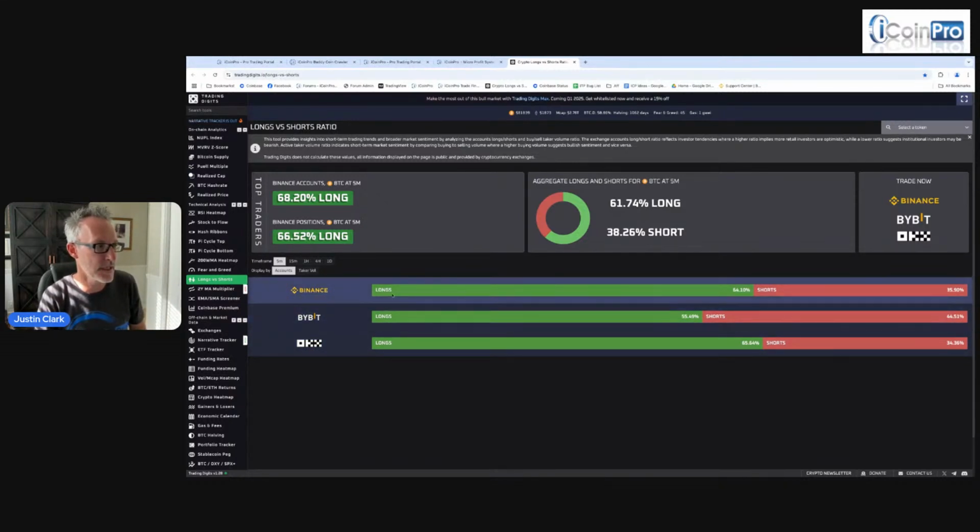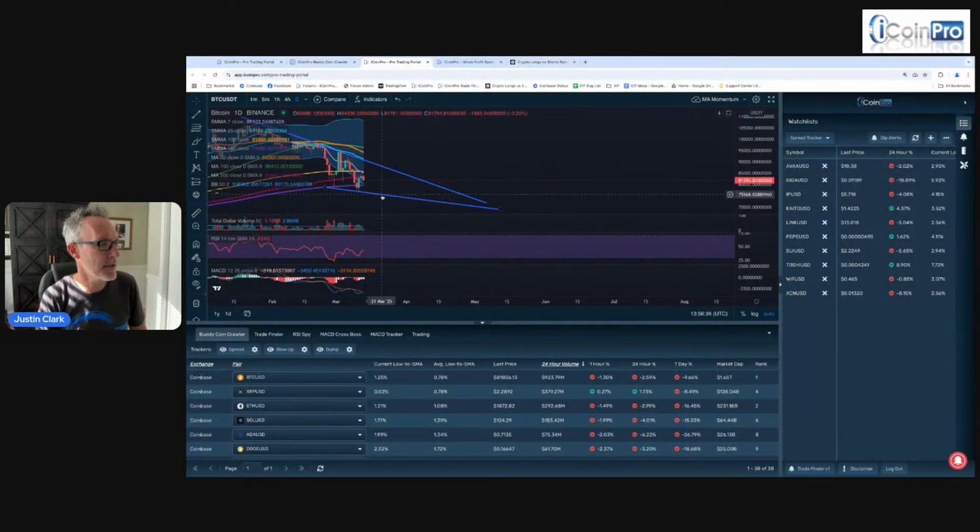Once it gets over 70%, then you run the risk of all of these people betting Bitcoin's going up, a lot of them using leverage, which is where they're borrowing money, and it can exaggerate their gains and also their losses. That's where you hear people blowing out accounts. That's because of leverage. Once we get over 70% on this, we could potentially see a long squeeze, which means that if the price just keeps dropping and dropping and the longs keep longing and longing, then